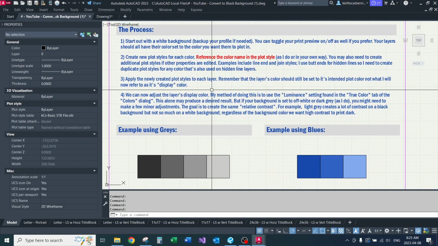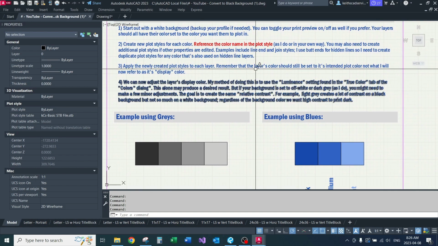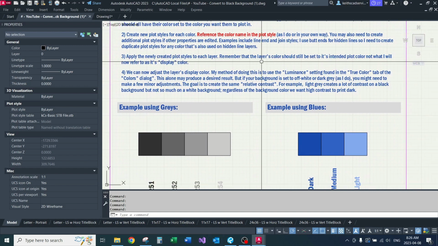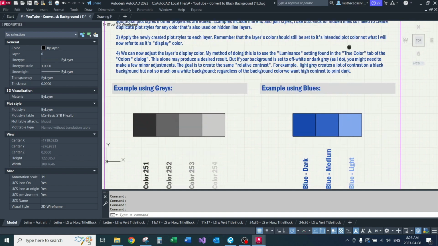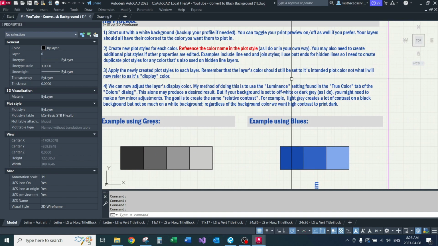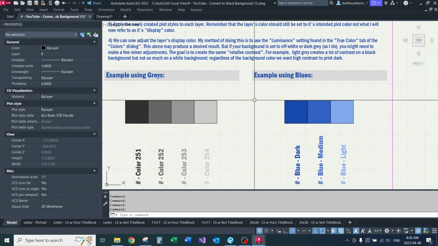Okay, so 3, you'll apply the newly created plot style to each layer. And the rest of this is just stuff I already covered. So we'll move on to number 4, which is adjusting the layer's color to a suitable display color. My method of doing that is using luminance, so I'll show you all about that in just a few minutes here. So I'll go into my layers,